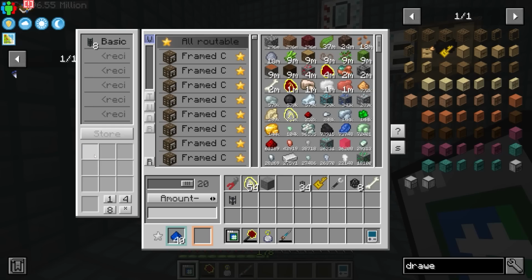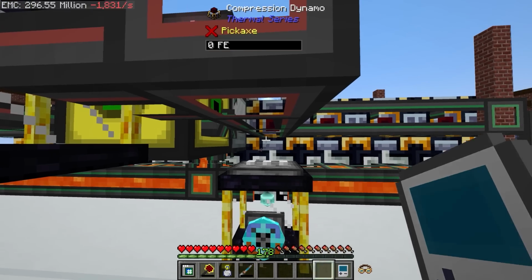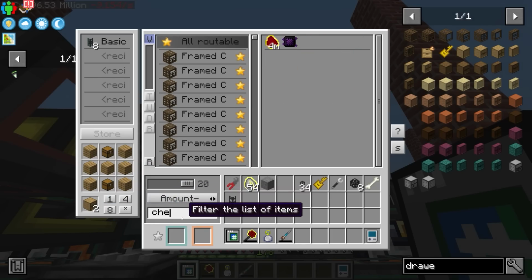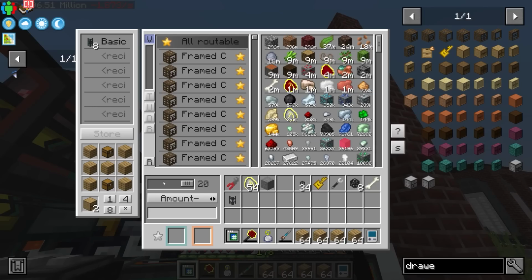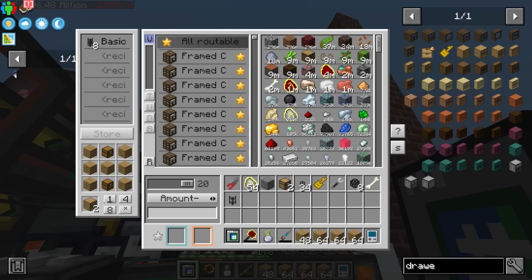Thankfully, I think this is a fairly easy fix. If we just go ahead and grab a 2x1 drawer, or should I say 2 2x1 drawers, we'll take 2 of those. Thankfully, they are made in sets of 2. Less thankfully, as per usual, we never have any wood available to the system. That is fine. We can very quickly craft up some Minecraft chests, and then from there, craft up the 2x1